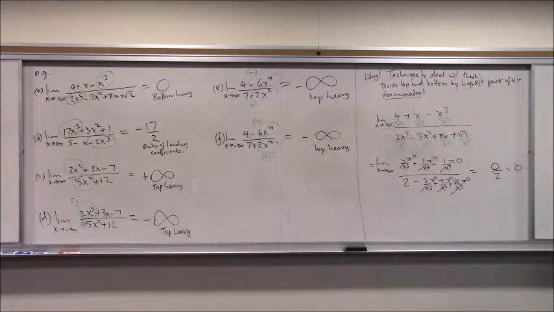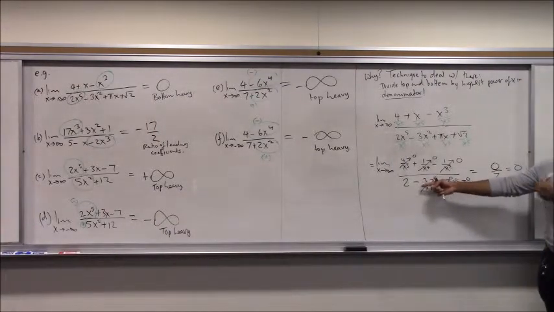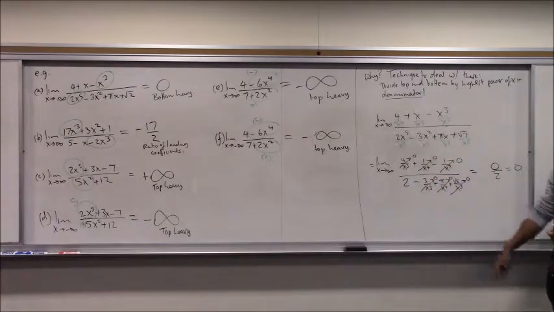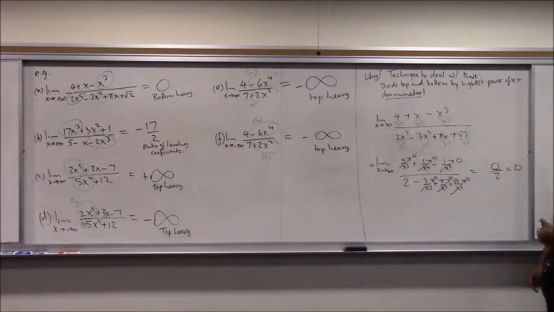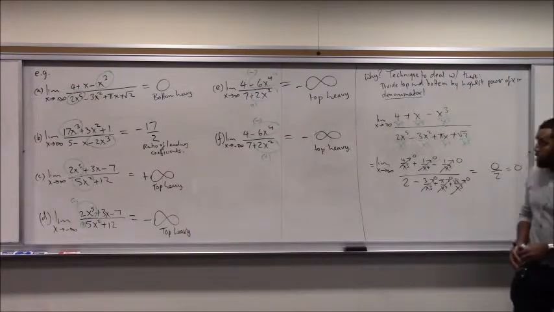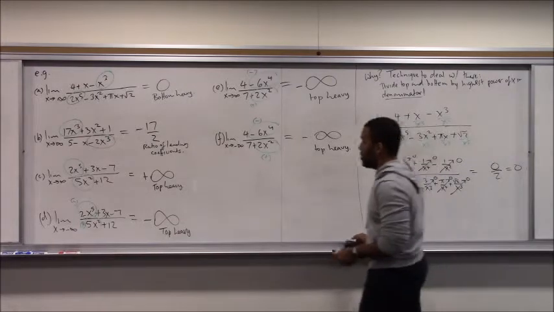And it turns out that if your highest power is in the denominator, something like that is always going to happen. You're always going to have a bunch of fractions in the numerator where they're all going to 0. If you do that when the highest power is the same,